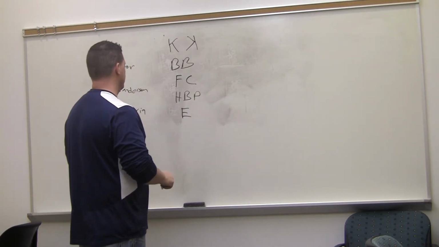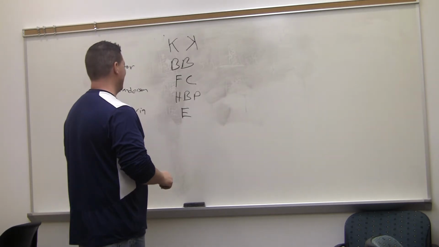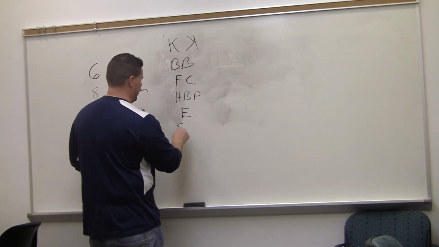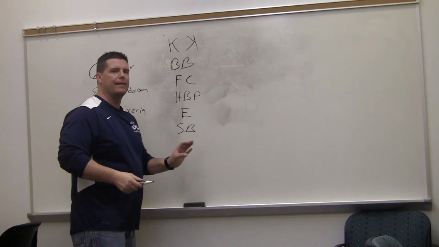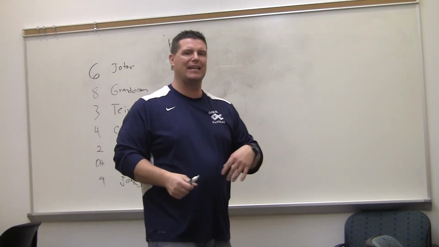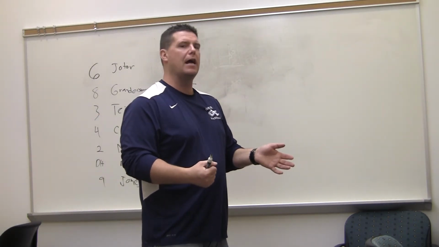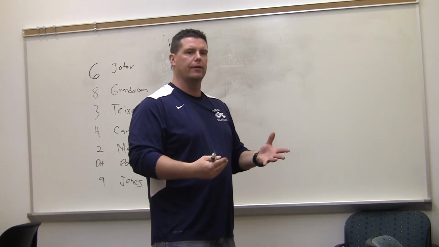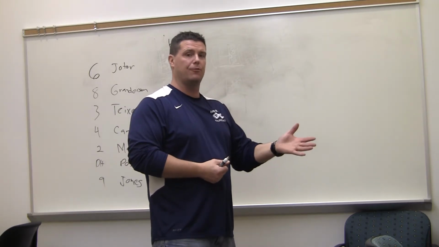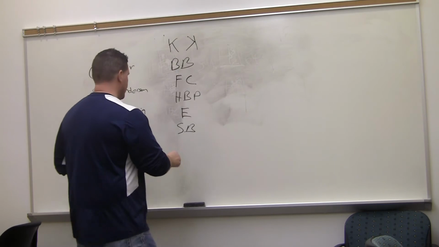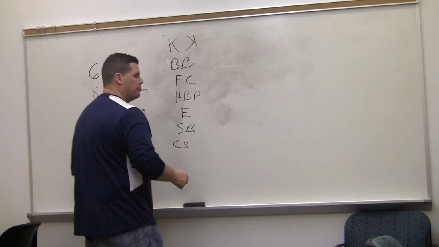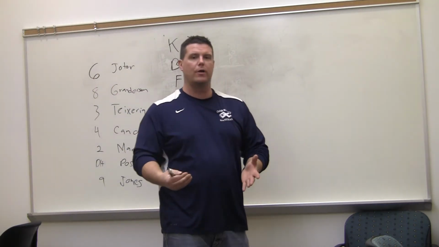What else is there? Let's say stolen base, SB. All right, let's say in that one inning that Martin tried to steal second base and got thrown out. That's a caught stealing, so it's C for caught, S for stealing. So it'll be CS, but there was an assist and there was a put out, so you have to score